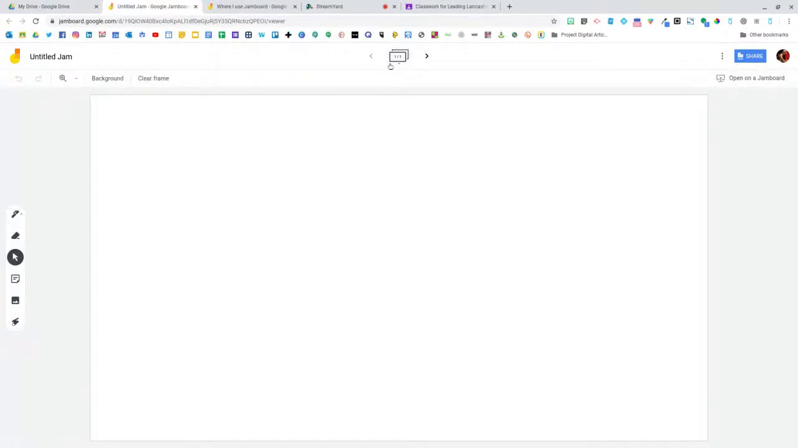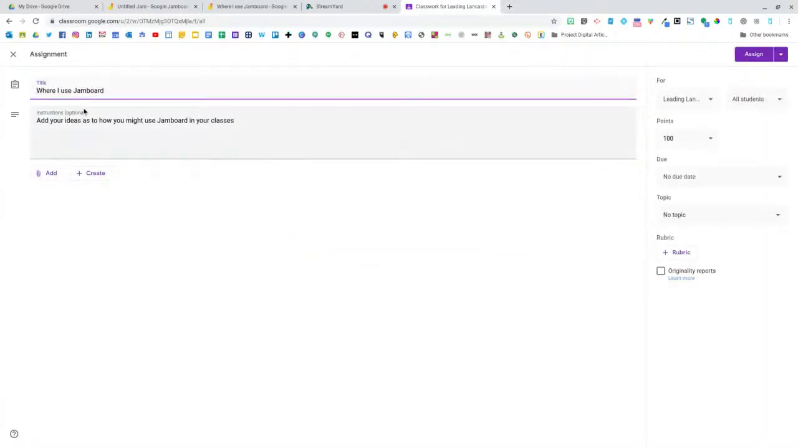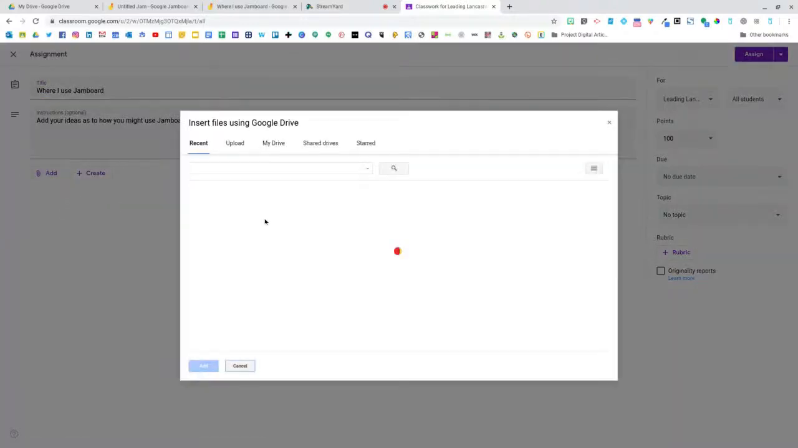Not only that, is it works natively within Google Classroom. So I've created 2 assignments here in Google Classroom. And the example that I used earlier, where I use Jamboard, I might ask them, a member of staff, to add ideas as to how you might use Jamboard in a class. So for example, I can pick that out of my Google Drive,